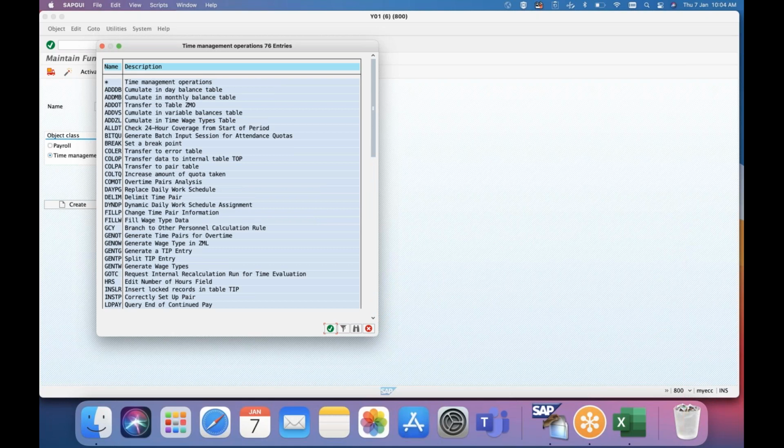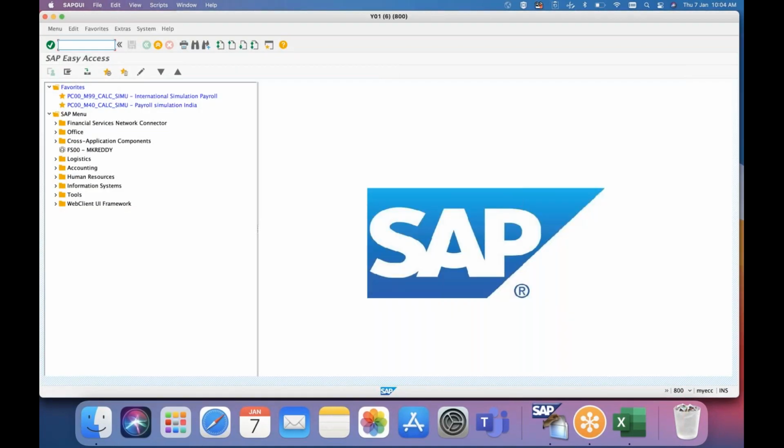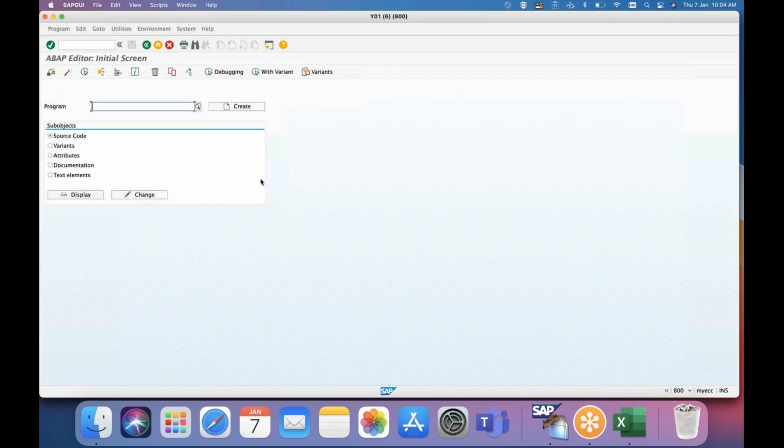Vijay, I have one query. Yes, please. We are using RPTIME00 for quota generation. I believe there is one more program, RPTQTA00. Is this the same program? No, no, see, this is the program.